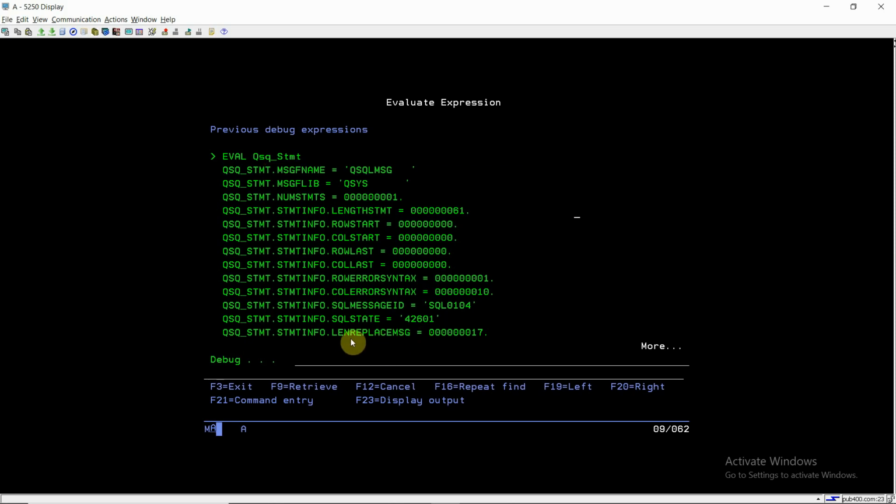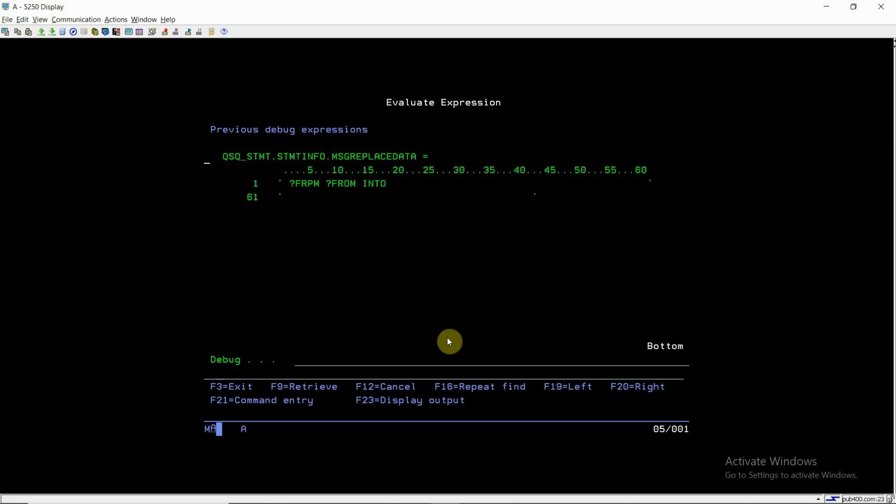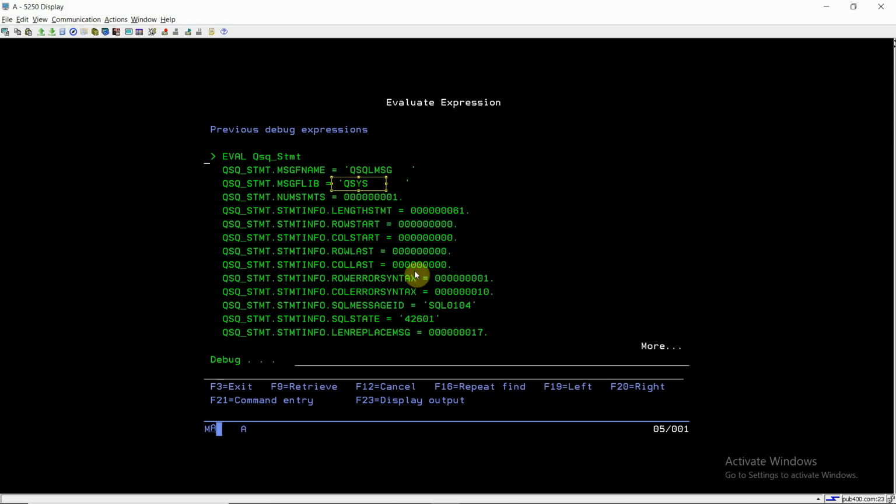This is the length of replacement message, 17, and this is the replacement data. This FRPM is having an issue, and the valid ones are from or into. Now if I check here, we can have this value as well.